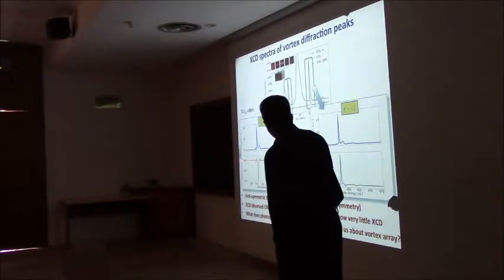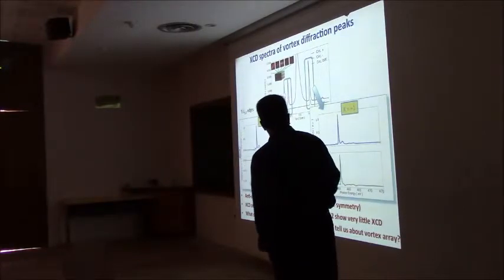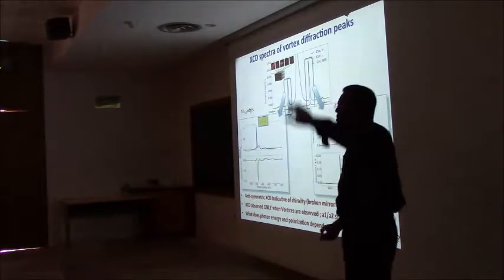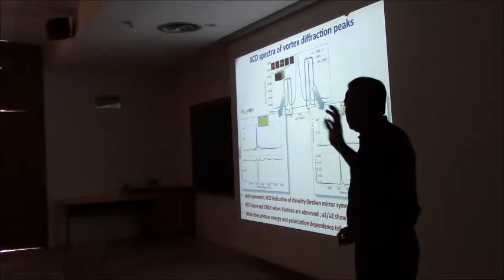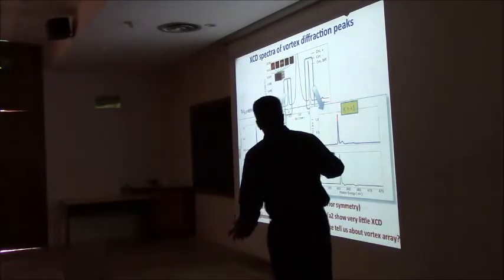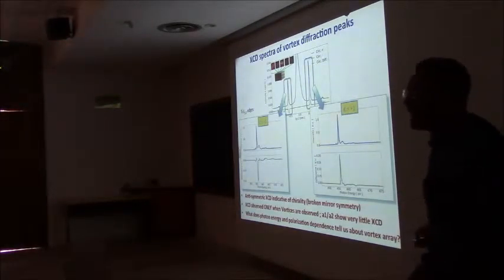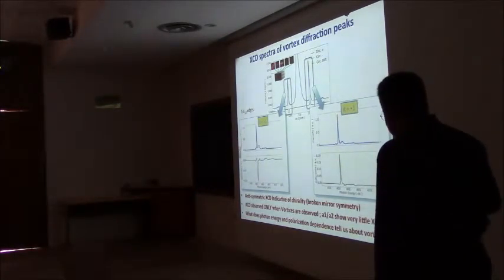Okay. And you can see that there is clear, in this case about 10%, dichroism with left and right circularly polarized light, and it's flipping in sign when you go from the negative diffraction spot to the positive diffraction spot. Okay. So all of these seem to indicate that there is a handed behavior in the process.